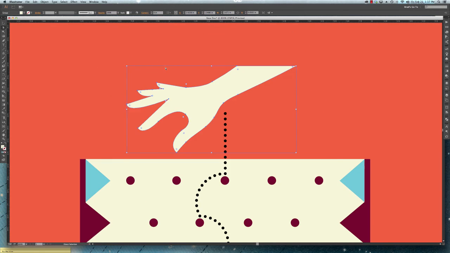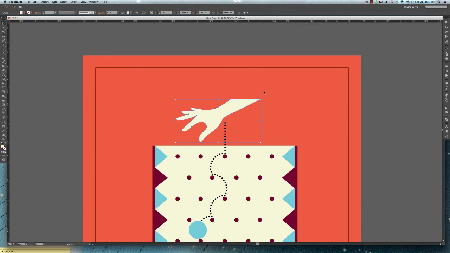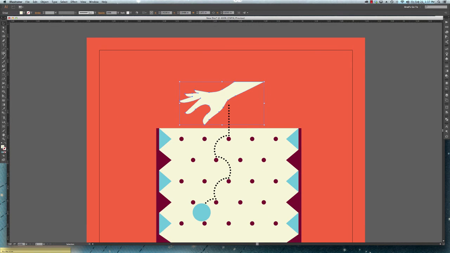So again, you hit A, it goes to your white selection, and that deals with your individual anchors. Double click, and then if you hit just the V, you'll go back to your black, and then you can go ahead and just drag the shape around. So practice with that, make some shapes. You can go over here again, click and hold to see more if it has a little white arrow at the bottom, and you can go ahead and click and drag and make your different shapes that you want. You can even, if you want to sneak ahead and try to play around with different colors, or